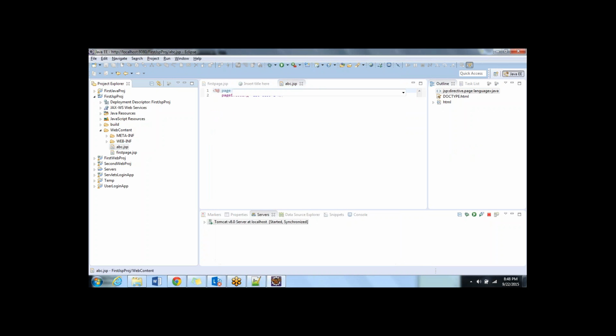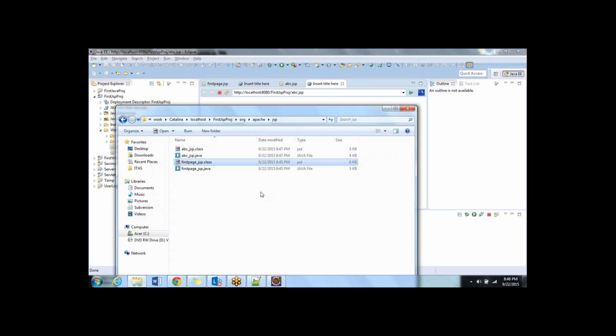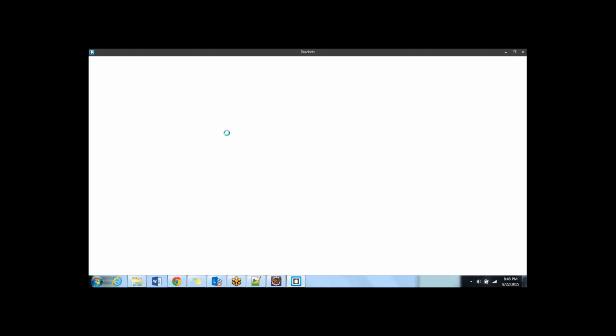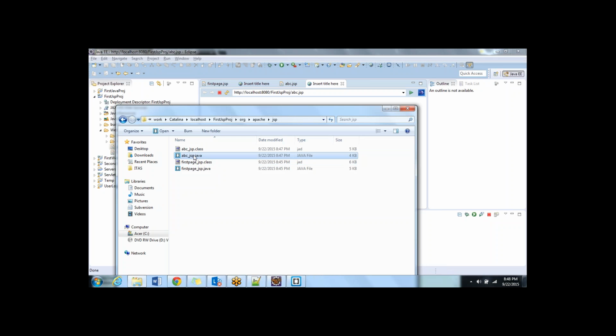As soon as I run this on the server, just notice here, did you notice the abc.jsp file is converted into a servlet, which is abc underscore jsp, and then it is compiled into a .class file. So this .class file basically is called by the web container every time people request for any JSP page,